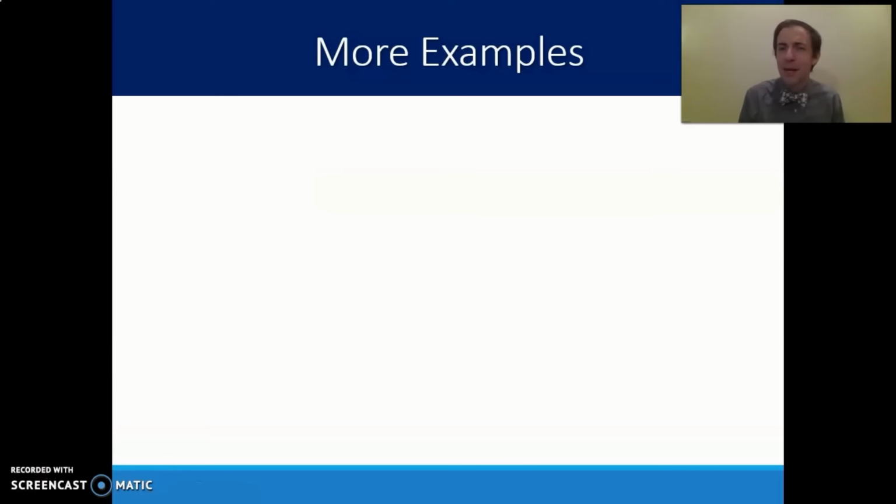I want to conclude here by going through some more examples. As I've mentioned, there are actually many different examples of reflection, refraction, and diffraction in your everyday lives. And sometimes it's hard to pick out, okay, what's exactly happening here? How does this work? Which of these three is it? So the first of these examples that I want to talk about is one that we've actually mentioned already, and